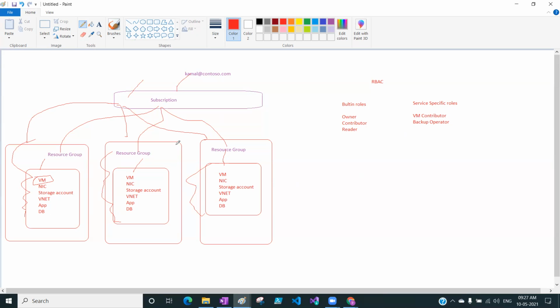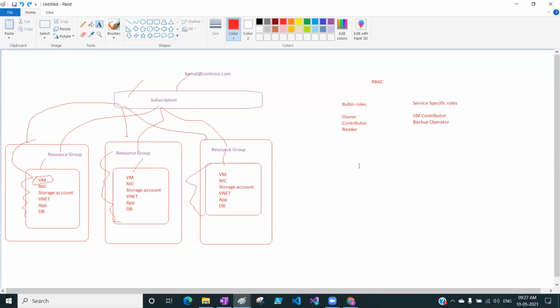You are fully confident that you can apply the permissions anywhere, at subscription level, resource group level or resource level. But this role still has some drawbacks. VM contributor will give access to the VM to restart, stop, delete, and modify, a few operations. But what if I have an L1 engineer who just needs to restart or start the VM when there is a performance issue or some use case? So service specific roles are also not sufficient for me. Then